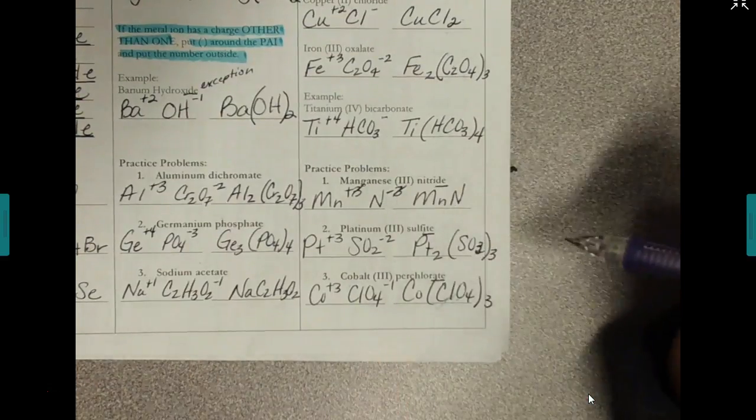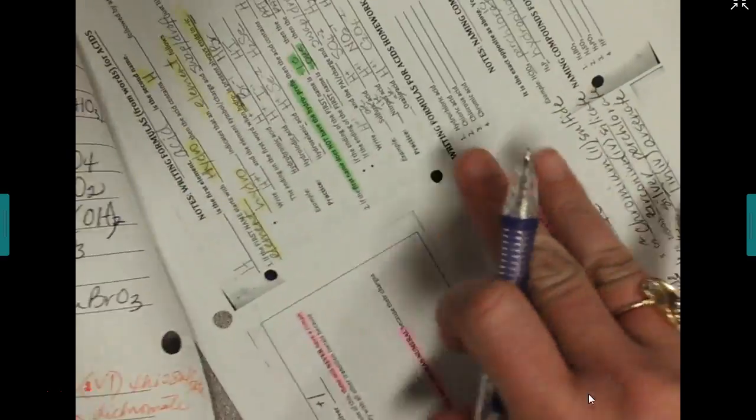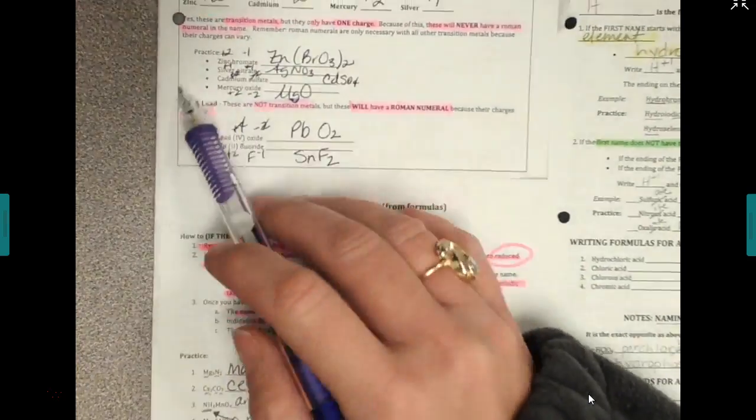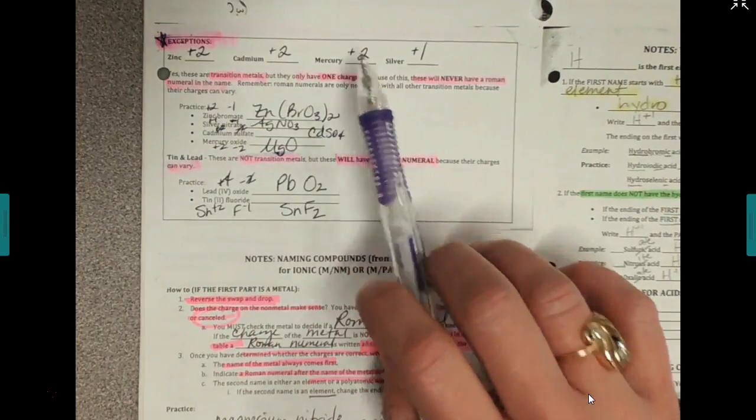Continuing on the ones we practiced. You all have these notes. Okay, then we practiced some more. Then we learned some exceptions to the rules. We learned the exception of zinc always being plus 2, cadmium always being plus 2, as well as mercury and